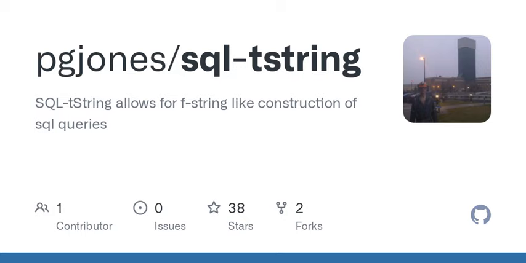Now, for those of you coding aficionados, you might be wondering about compatibility. Pre-Python 3.14 users, don't worry. SQL-tString has your back, allowing you to still work with versions 3.12 and 3.13, maintaining flexibility for developers at different